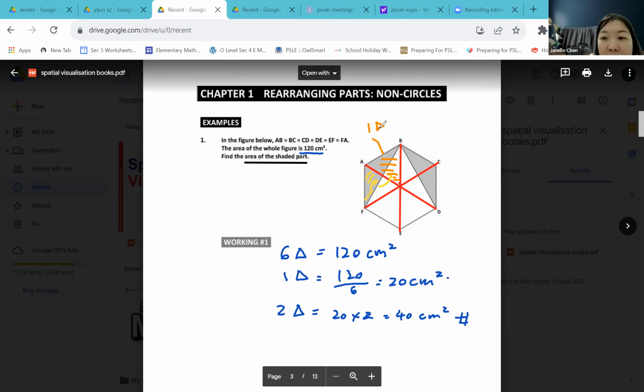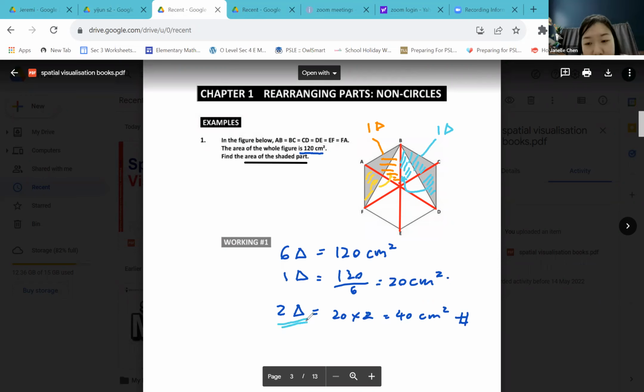So followed by the other side here. If I imagine this one being shifted over to here, or rather I shift this over to this part here that is not shaded yet. So if I shift it over here, then this whole part is shaded, and then I have another triangle shaded. So in other words, I'm still finding 2 triangles as per the same way that I was using the different method of